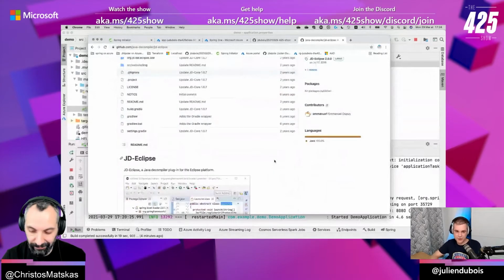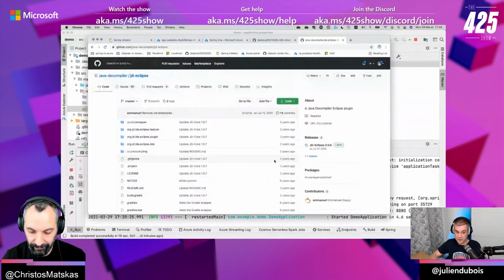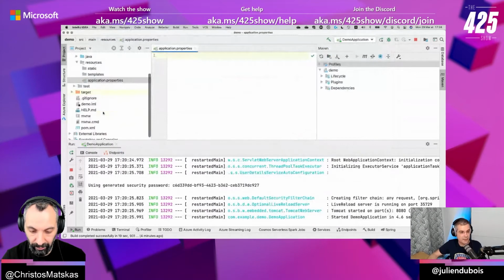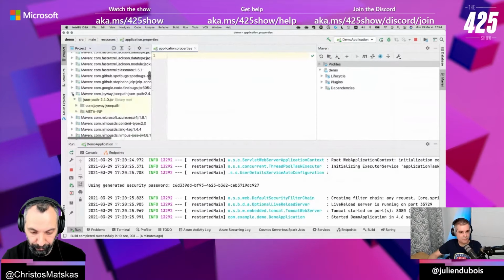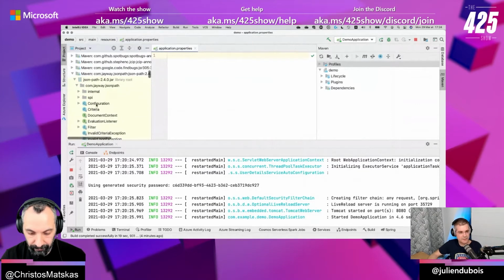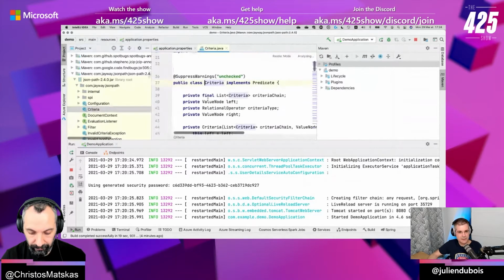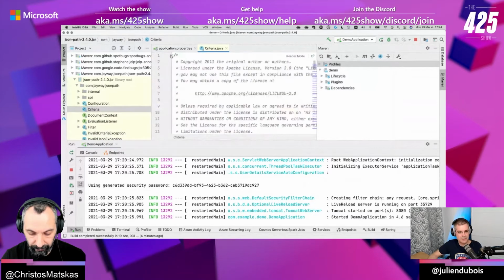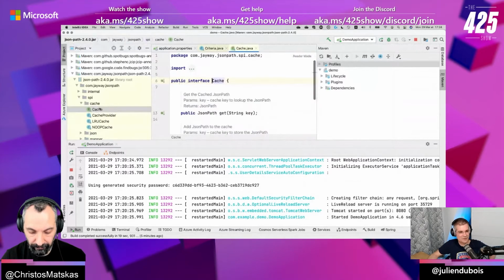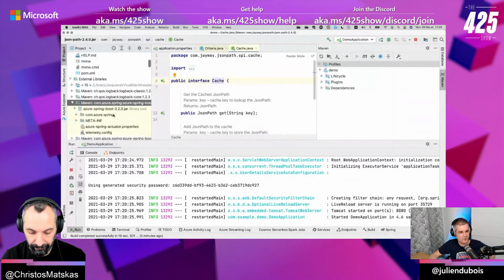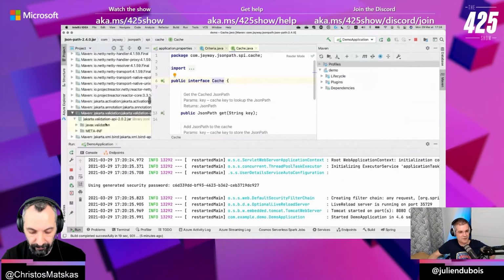I had the best results with this one. Maybe you can try, but the best results I had was with this one. Then there is also a decompiler provided with IntelliJ, so you can also try it. If I take a library that I probably did not download the source code of, it's decompiling it. No, it's automatically taking the source code. This one I probably have. Hang on, just trying to get it.